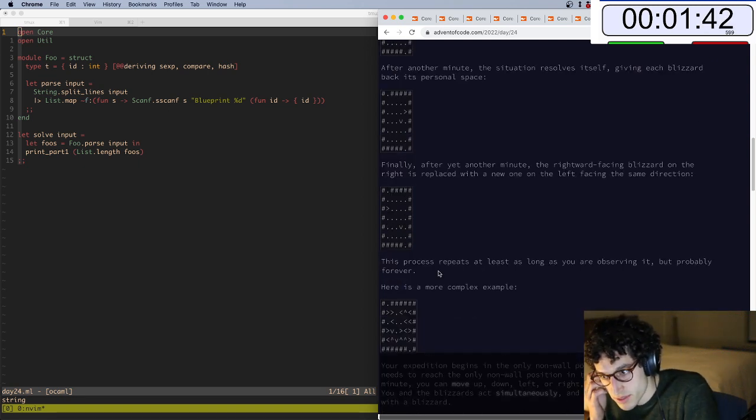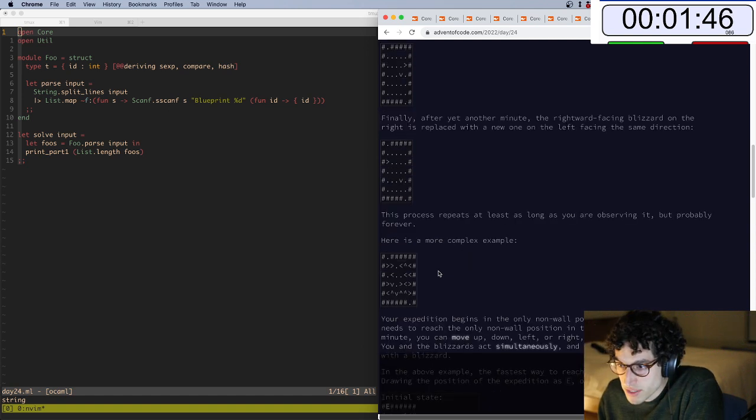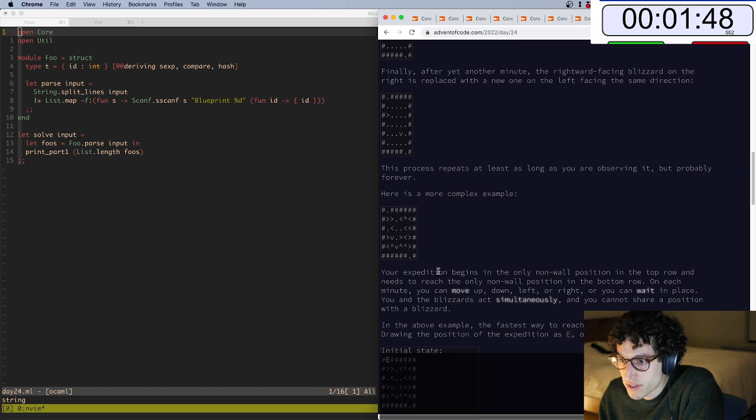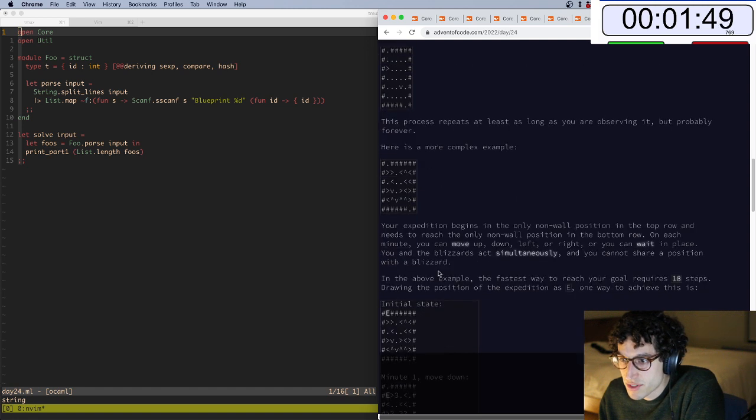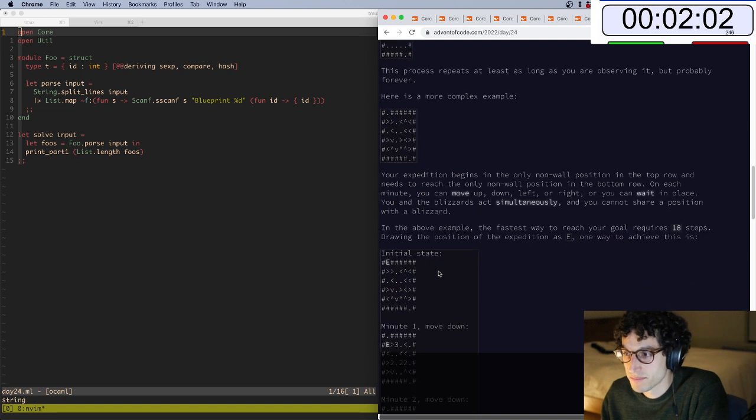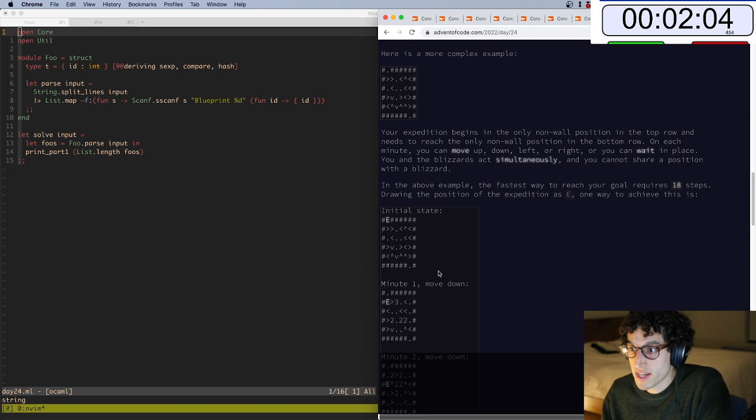Holy cow, here's a more complex example. Your expedition begins in the only non-wall position in the top row and needs to reach the only non-wall position in the bottom row. On each minute, you can move up, down, left, or right, or you can wait in place. You and the blizzards act simultaneously, and you cannot share a position with a blizzard. During the above example, the fastest way to reach your goal requires 18 steps. Drawing the position of the expedition as E, one way to achieve this is,